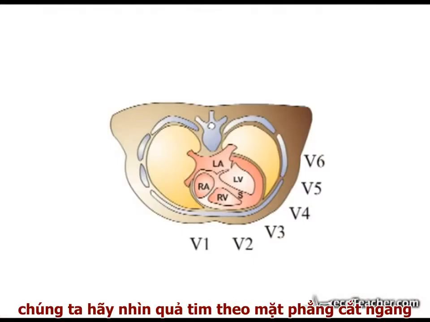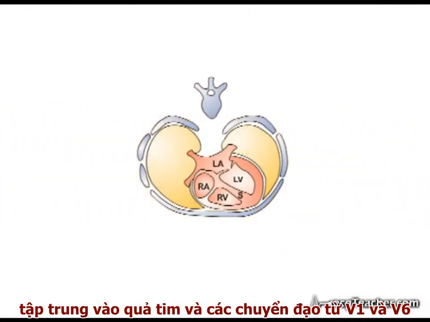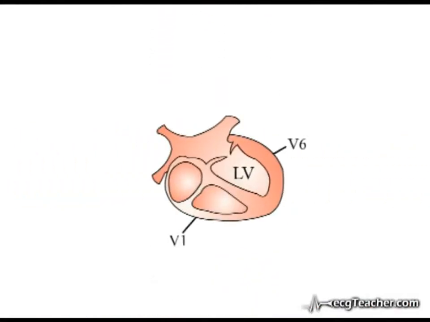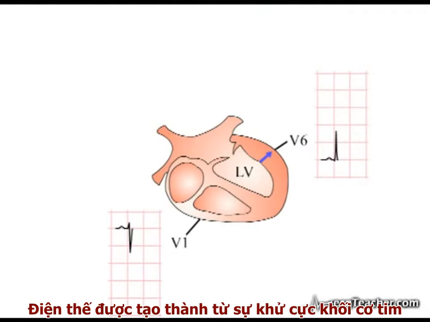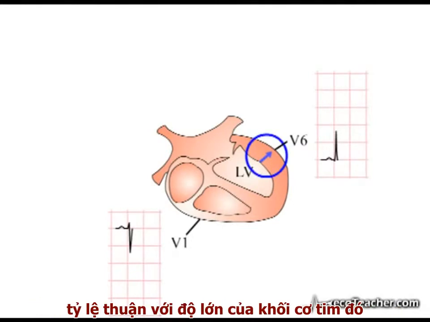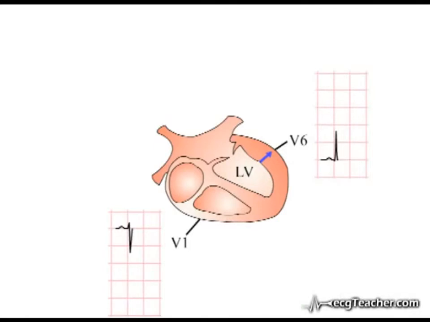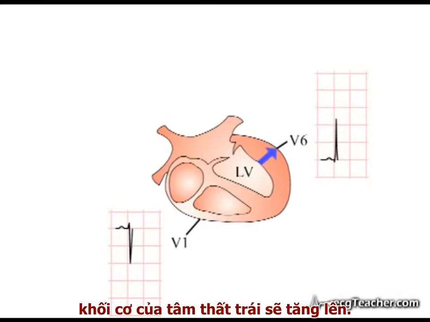And to do so, we will look at the heart in horizontal section, focusing on events in leads V1 and V6. The voltage developed by depolarizing cardiac muscle is proportional to the mass of muscle present. Therefore, as exemplified here in leads V1 and V6, during the process of hypertrophy, as the left ventricular muscle mass